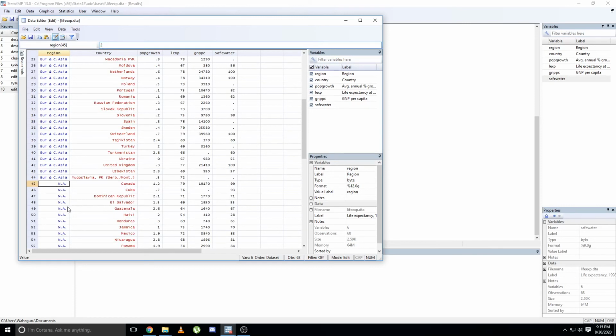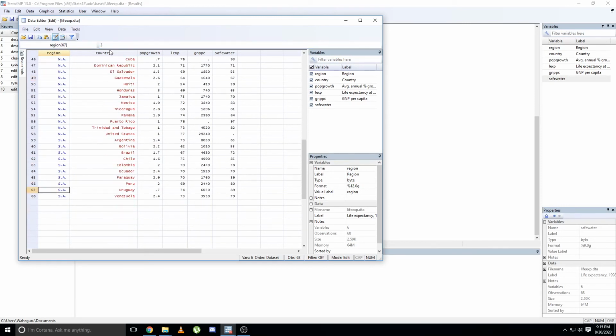And South America, it says 3. This is a special case where there are labels: at its heart, the variable region has numeric data 1, 2 or 3, but you can put a label on top of numbers to represent something else.